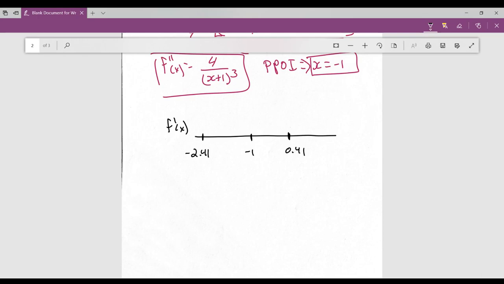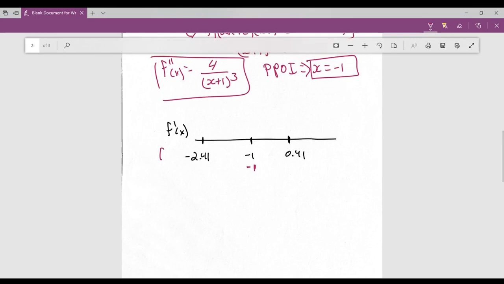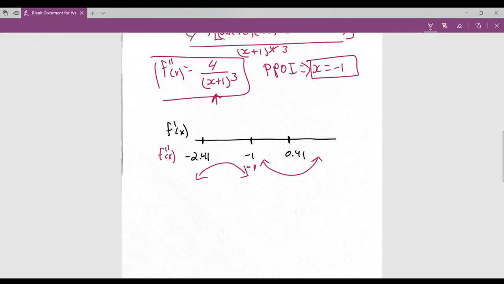And negative 1 is also a possible point of inflection. So I'm just going to put it in a different color for the possible point of inflection. And those are second derivative bits of information. So we can do those right away. You test either side of your possible point of inflection. Any number will do. So this interval, put 0 into it. If I put 0 into the second derivative, I'm going to get a positive number, which tells me we are concave up on that interval. Put a negative number here, negative 2. I'm going to get a negative number, which tells me we're concave down. So from negative infinity to negative 1,